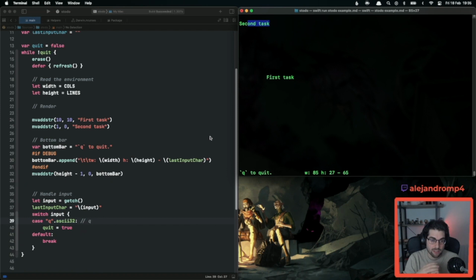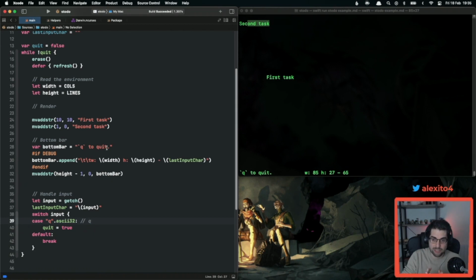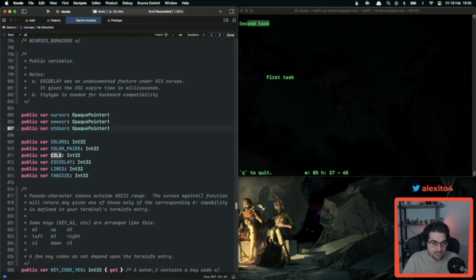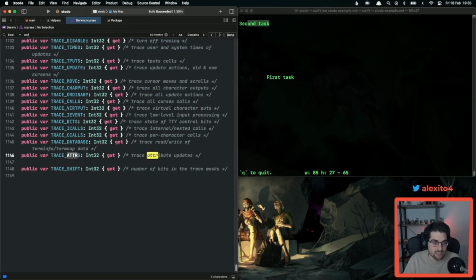It's like the way the colors are done. You can enable attributes, print a string into the console, and then disable the attributes. And those attributes can be colors or underlines, bolds, and there is a bunch of them. And if I'm not mistaken, it doesn't really work with Swift, because if you look here, imagine, if you look for attribute, let's say,